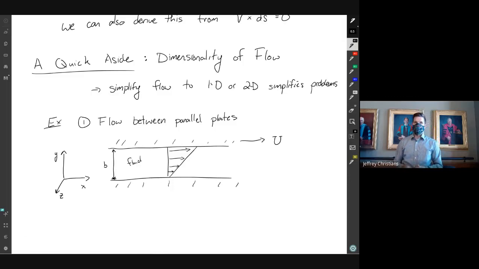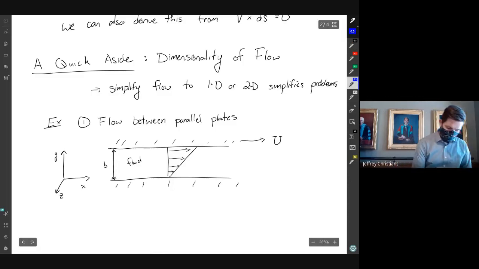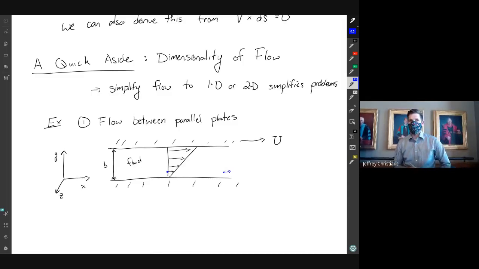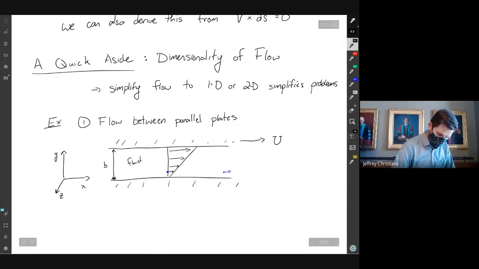It's also not changing in the x direction, right? So if I'm at this point here, that's my velocity. If I'm over here, my velocity is still the exact same. So as I move along in the x direction, our velocity is the same. So the only direction that the velocity is changing is if I move up and down in the y direction, right? So this is 1D flow,